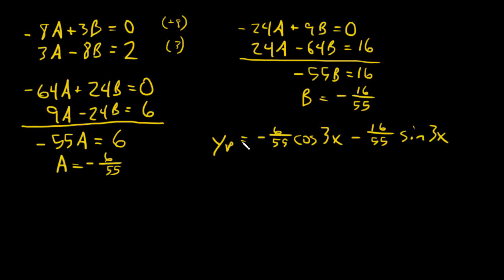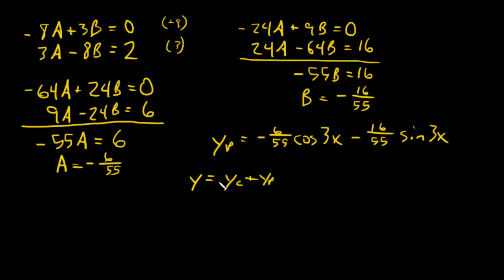So now that I've got my y sub p, I would just do the y equals and then all that stuff from the first. And if you're wondering why I'm not doing it, I didn't write it down, so I have no memory of what I did. I can't refer back to what I solved for. So we're just going to assume I did y sub c plus y sub p and everything's happy. Alrighty. It's very satisfying when you write it all the way out. Sorry, I didn't write that down. Okay, so